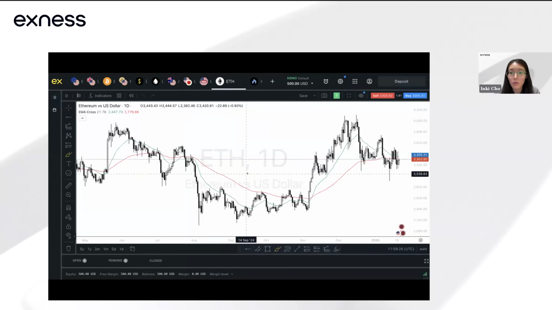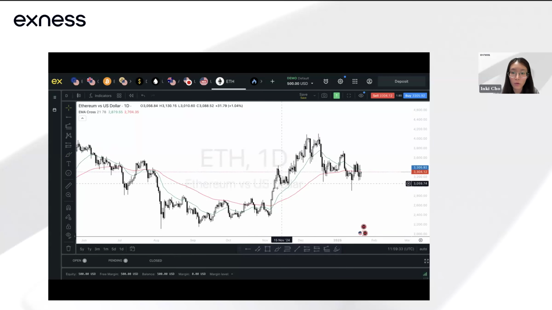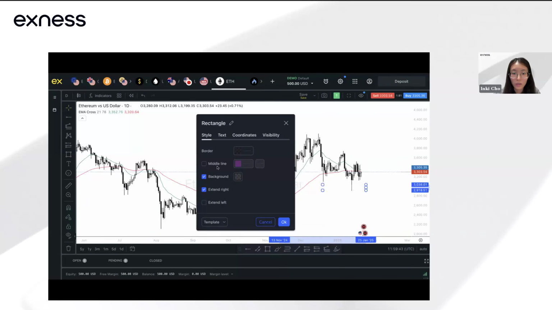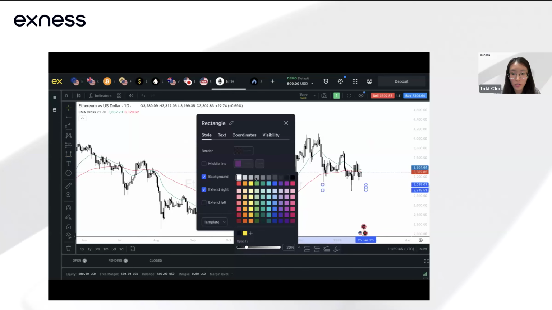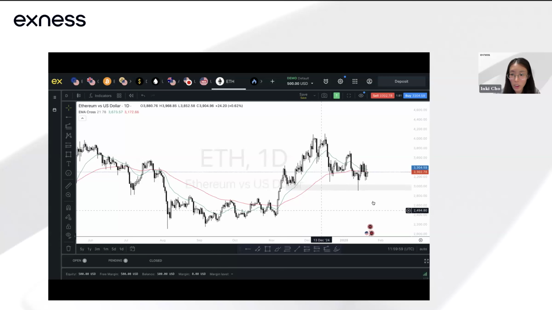Okay, so if you take a look at Ethereum, it's again on the higher time frames first. You can see on the daily, it's interesting because prices are currently hovering around this level. You can see that this was an area that price tested multiple times as a support on the daily time frame. You can see this zone over here. This was a support level that price held, and we saw that rally up again in the middle of November. What happens after is that we saw a spike to this level again, and then that consolidation in Ethereum, nothing much over here.